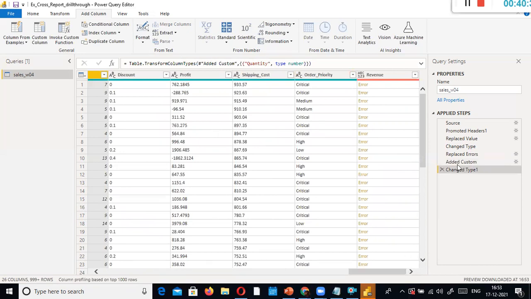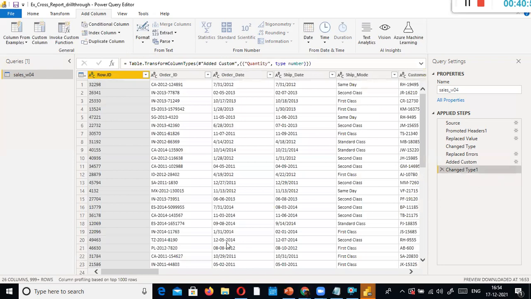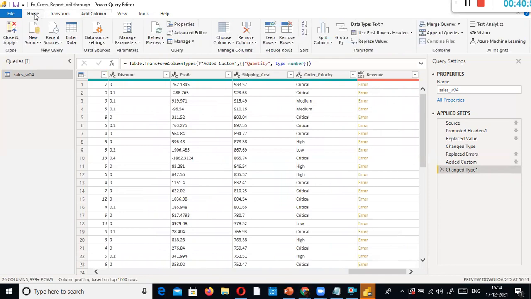Revenue. We cannot operate on both text and number. This error is still there. I just revoke this one again, and I just refresh this. I go to the home ribbon and use refresh preview.